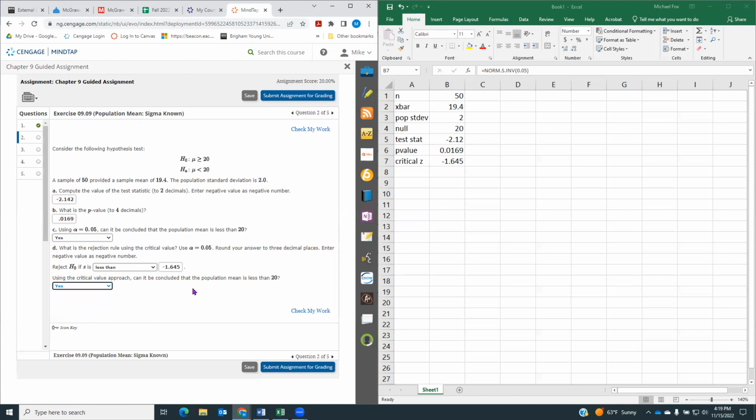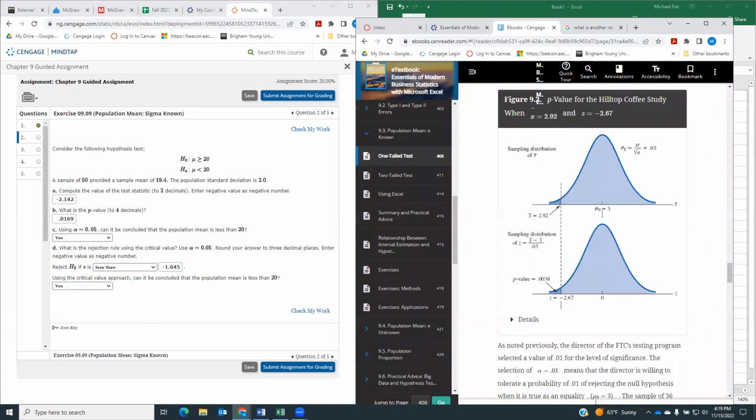That is, since we're looking at the left-hand side of a normal curve, I don't know if it'll help, but let me show you a normal curve here. So we're looking at this left-hand side of the normal curve. The mean is always at the high point of the normal curve. So when we're saying, I think that the population mean is less than 20, and I did this test, and in the test, I found a sample mean of 19.4 with a standard deviation of 2.0. Is that 19.4 enough less than 20,